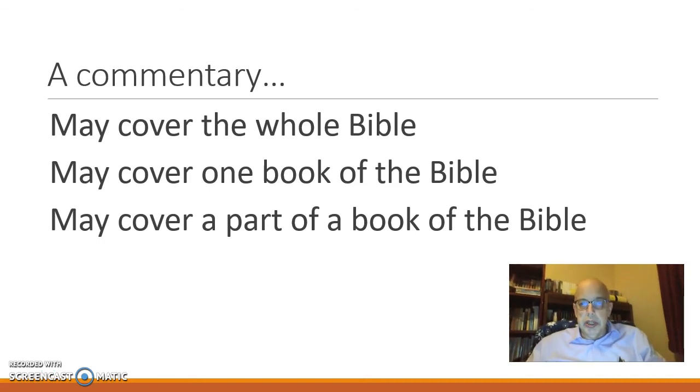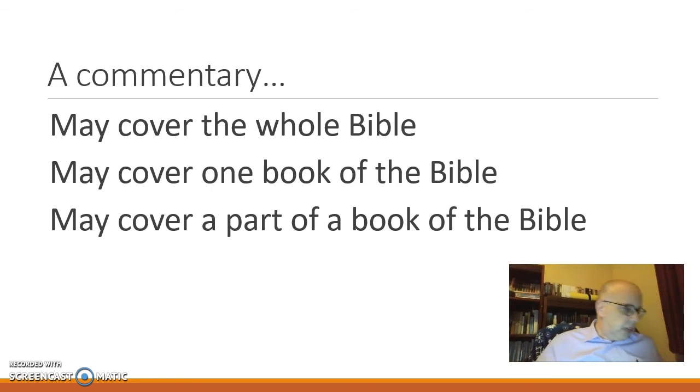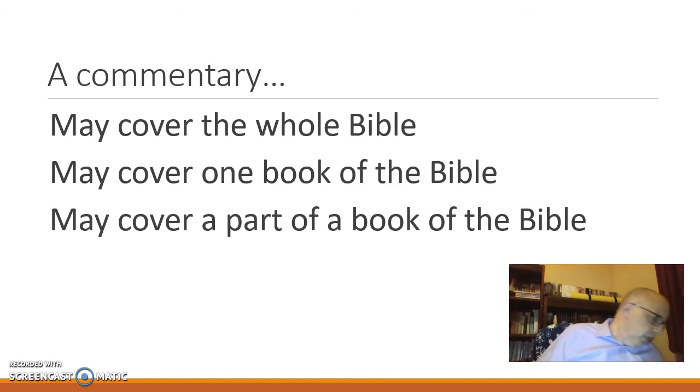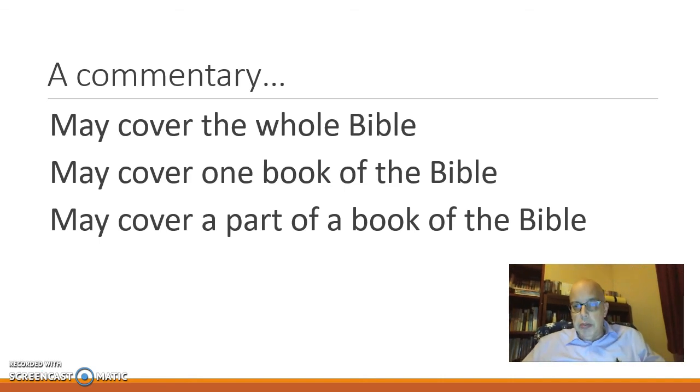When I was in the library talking to the librarian today, he showed me a 4-volume set. Each volume was just as big as this Moody Bible Commentary, and it only covered the book of Acts. That's kind of overkill in my mind. So each volume of that commentary covered a few chapters of the book of Acts. So that's what a commentary is. You can find out more about commentaries in my other videos.